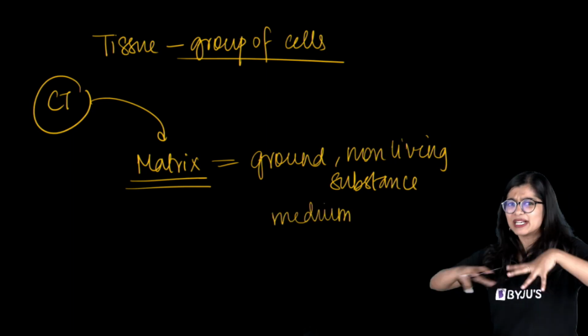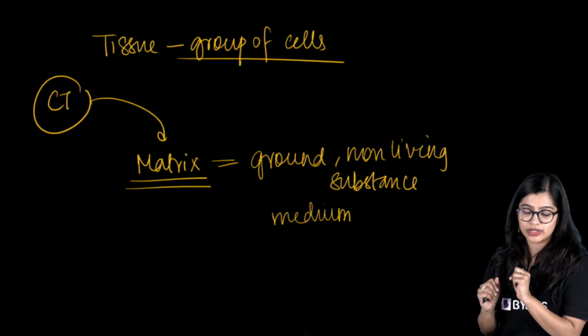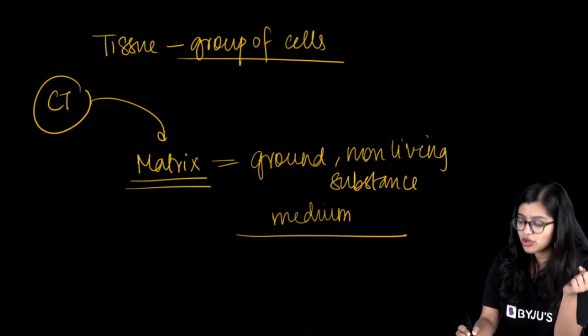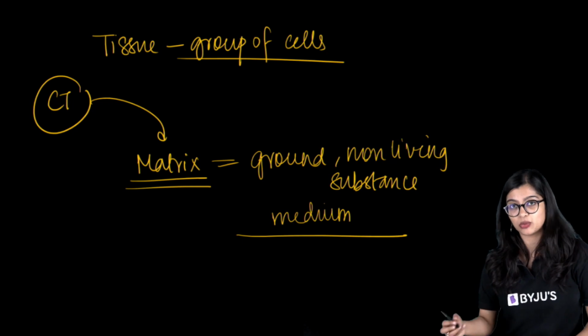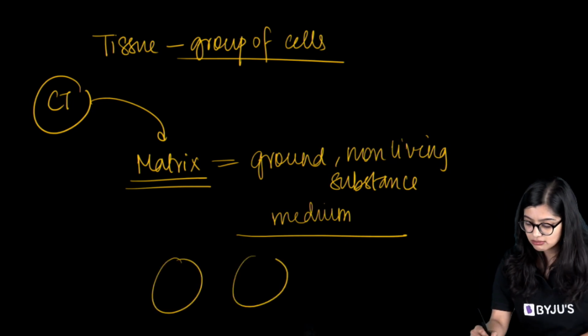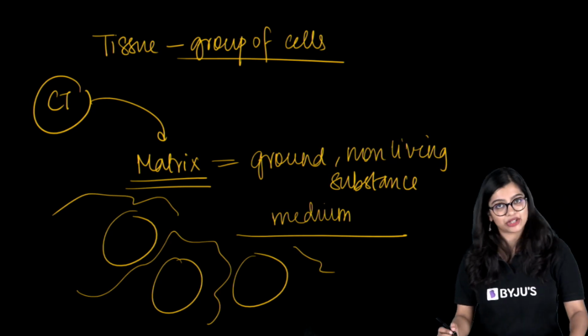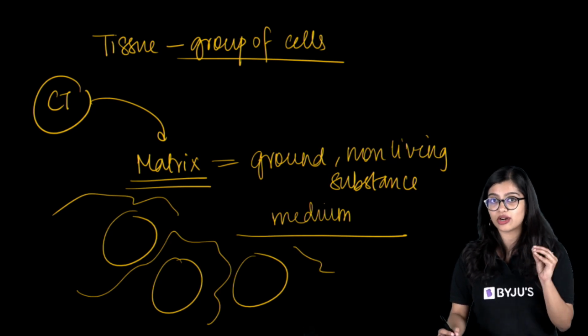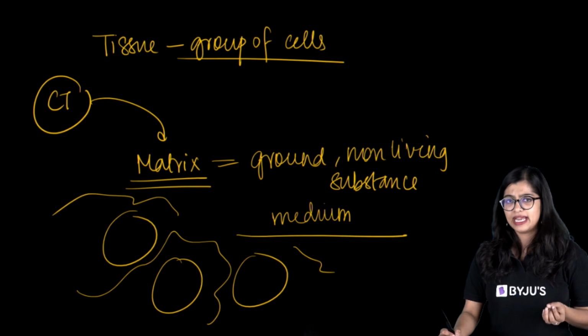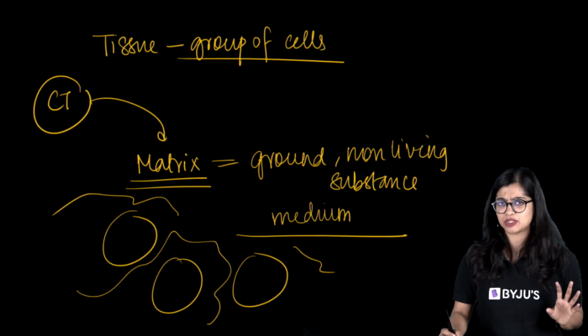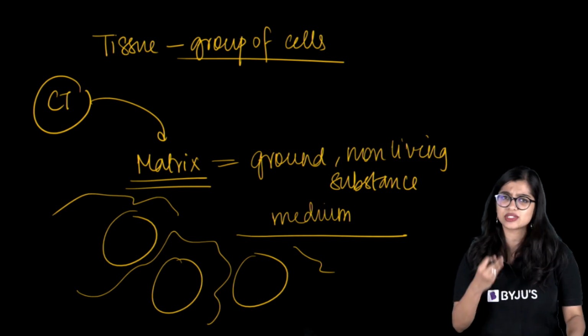A medium, a space where those cells are found. Yes, and we see that they occupy the vacant spaces that exist between the cells. So if this is 3 cells, the space that you would find in and around it would be the matrix. So I hope we are clear on understanding what this matrix is. It is nothing but a ground non-living substance which is made up of some compounds, or some chemical substances